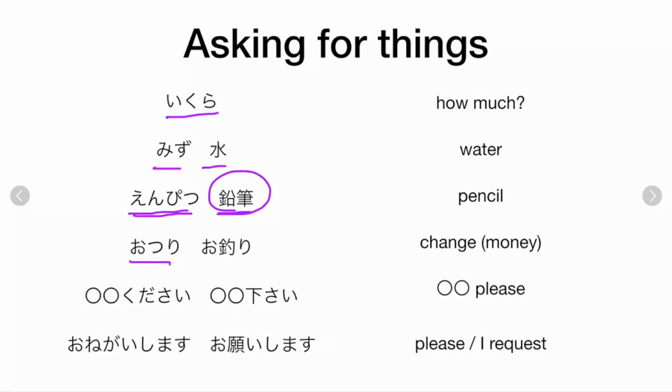Otsukari is the change or the money. This is not a literal translation. It's a little different, but don't worry about that. For now, otsukari means change, and at a later date, we'll actually talk about what it means. So the way that you add